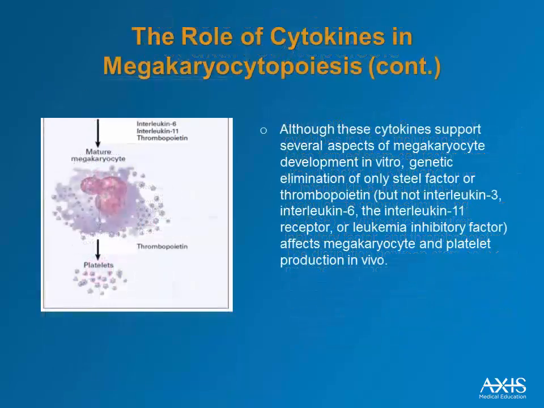When you get to mature megakaryocytes, it's a little less clear as to what the role of thrombopoietin is, but it appears that it will stimulate megakaryocytes to release platelets as well, and thus have a direct effect to increase